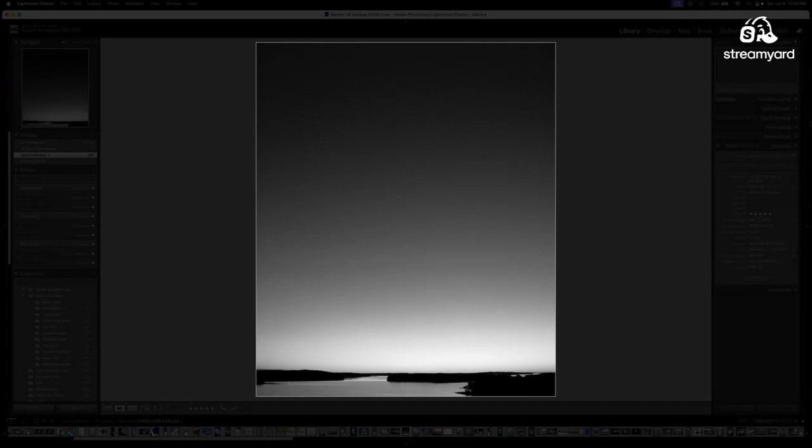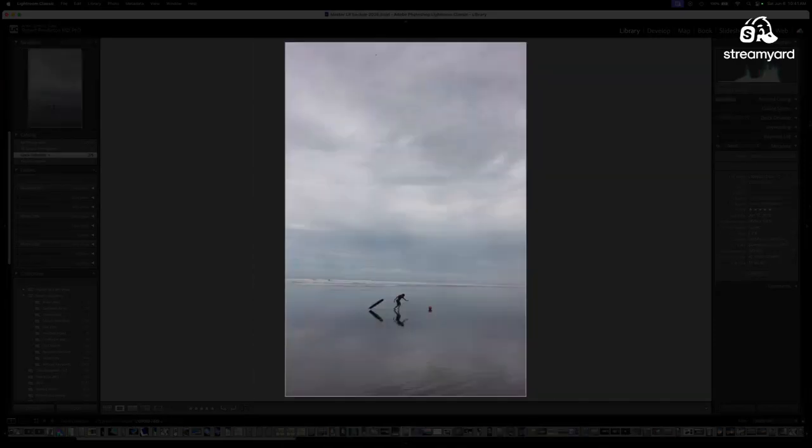Also it's in June when the sun really never goes down, but this is about as dark as it ever gets up in that region during the summer solstice. And then here's just a kid having some fun on the beach in Costa Rica.